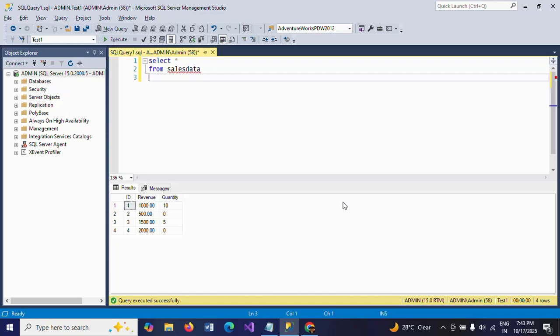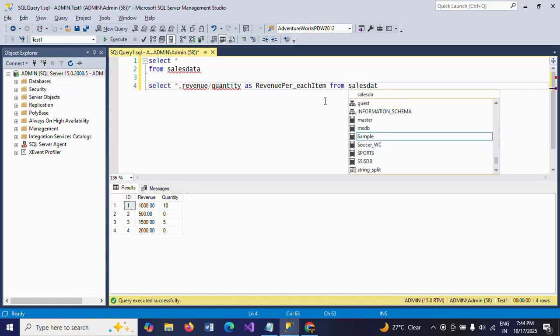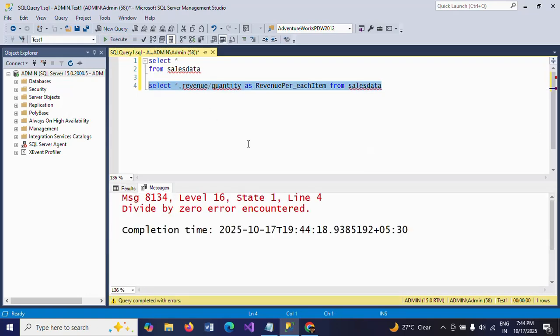So this is the total revenue. If I want to calculate the revenue per each item, you can calculate revenue by quantity. So here I am using select star comma revenue by quantity as revenue per each item from sales data. If I execute this query, you will get divide by zero